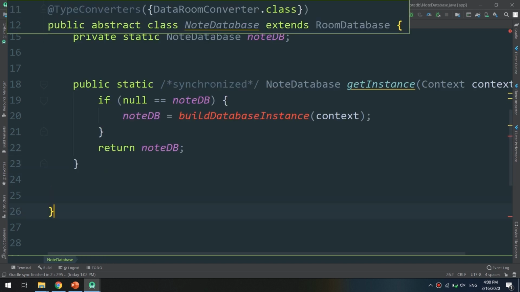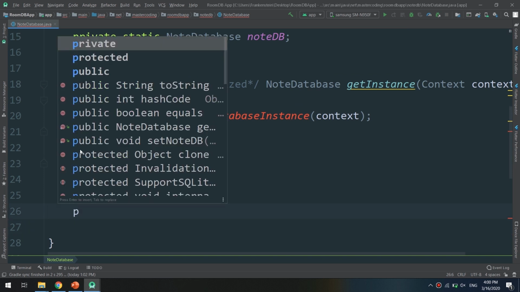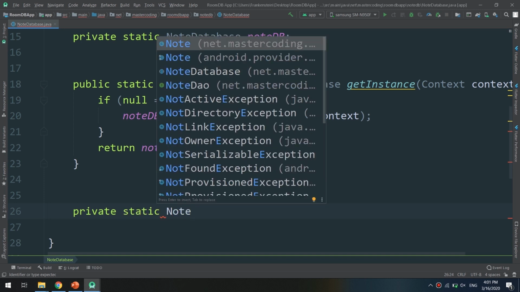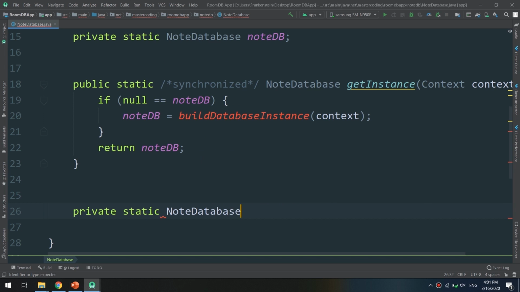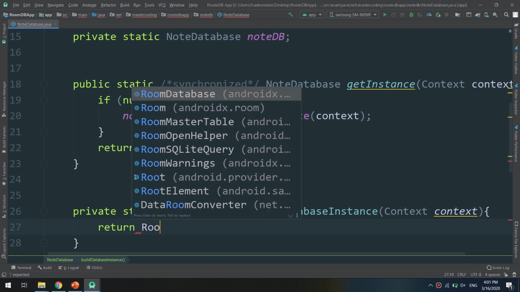So underneath this we are going to specify private static node DB, node database, and our build, passing the context as an argument. And here we go, this is our class method,